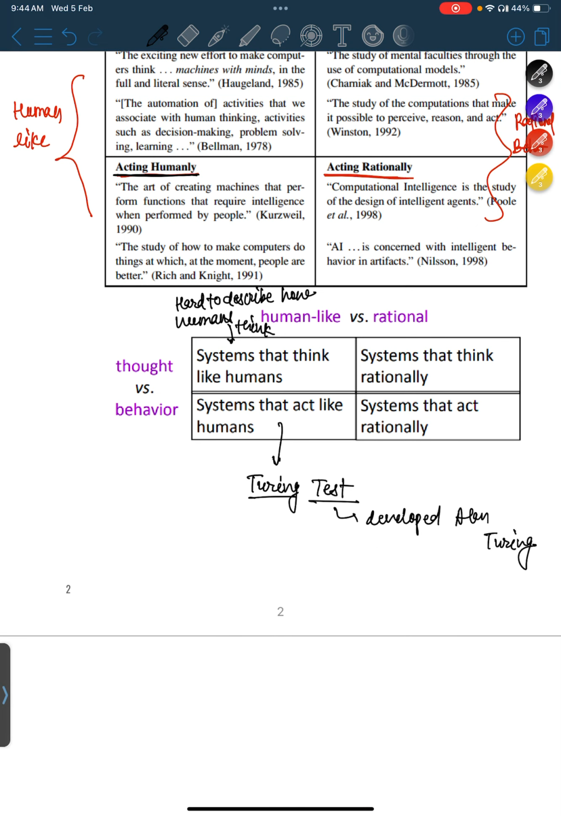So there is a wall, and behind one side of this wall is an invigilator which will ask questions. It will ask you various questions from various fields and all that. And on the other side of the wall, there is either a human or there is a machine, an AI machine. So when the invigilator asks the questions,